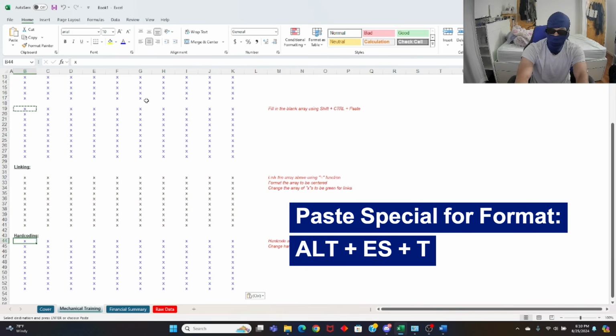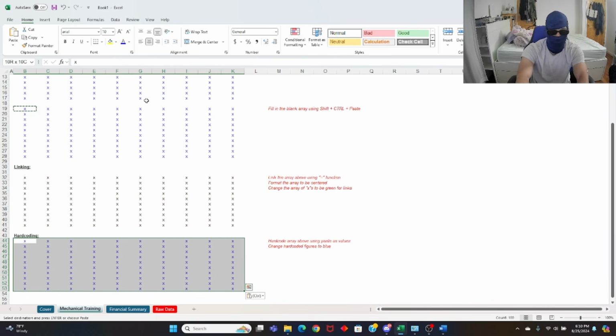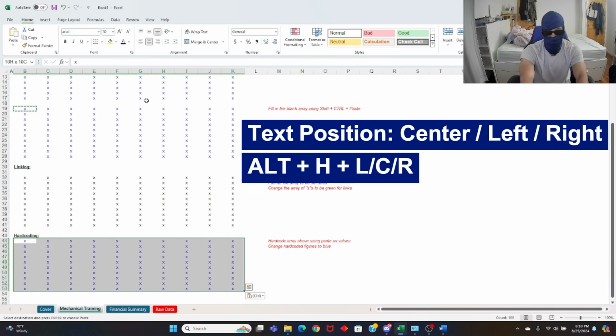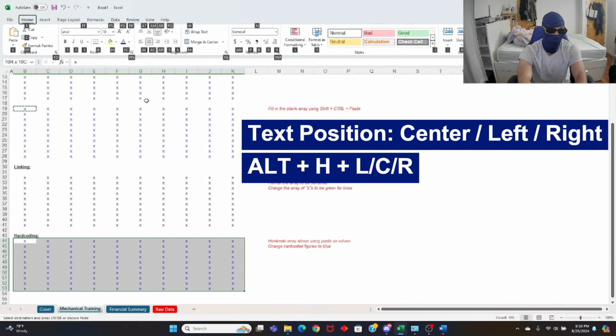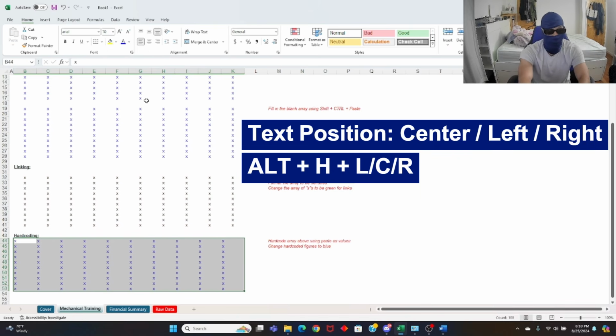And now let's say, for the hard coding, I want these things to go to the left, because right now it's centered. So you're going to do Alt H A L for left. You see it here. Now let's center it again.